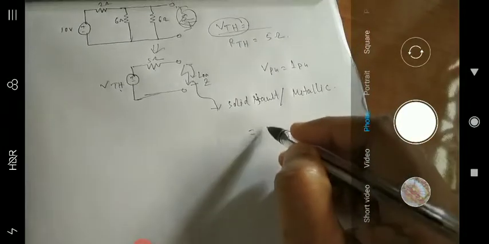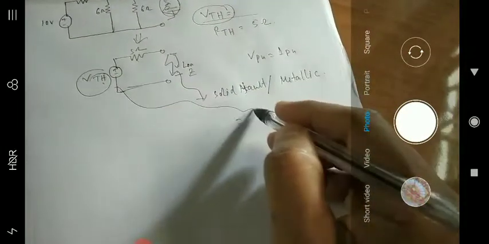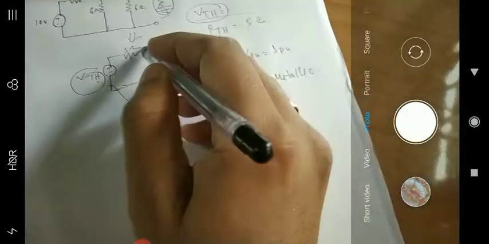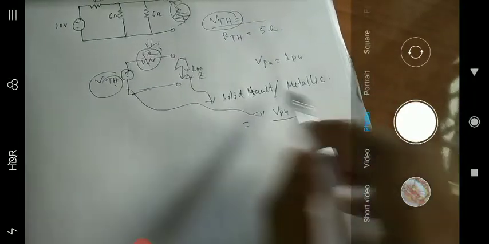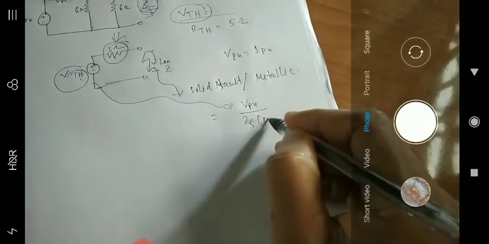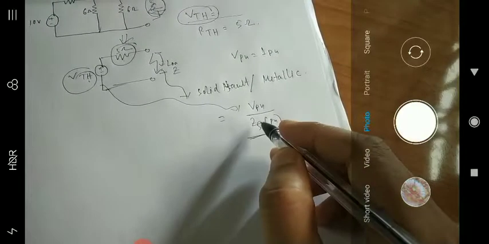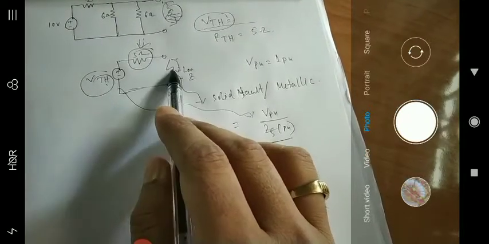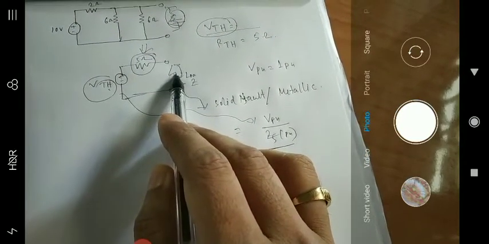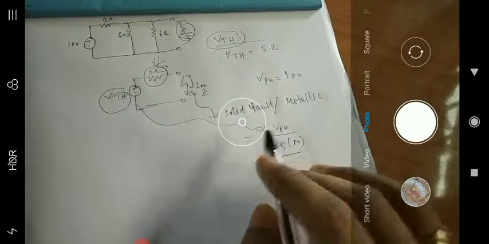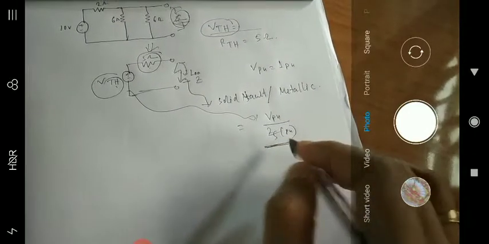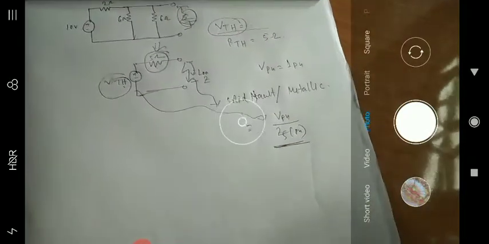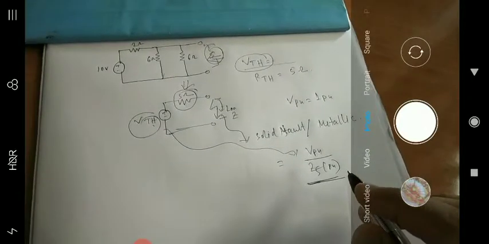In that case, VTH will be changed into VPU divided by only the network impedance seen from this point, that is nothing but ZFPU. Don't get confused that it is fault impedance or something like that. It is the impedance seen from the point where the fault is occurring. What is the impedance prior to the fault? So now you are getting it, and from that it is coming. Once you solve the numerical, it will get a little bit clearer. So for now you remember this much, and then